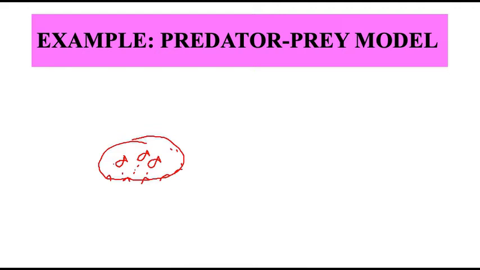So how can I model this population? Let me call the small fish S, and I want to see how they will evolve with time. If there are a bunch of them with some non-zero initial condition, and they have plenty of food to eat, you can imagine that they will keep on growing forever. So this would be modeled as some constant K1 times S. They will keep on growing forever. This is a very simple model which captures the phenomenon of growing forever.